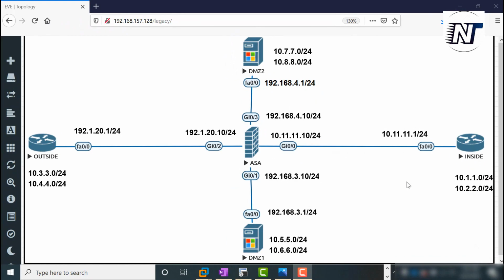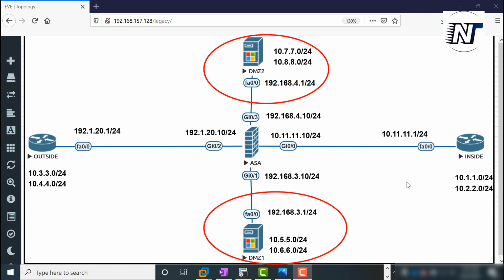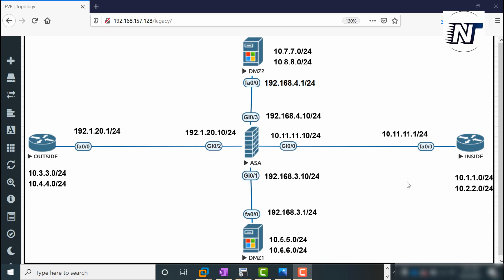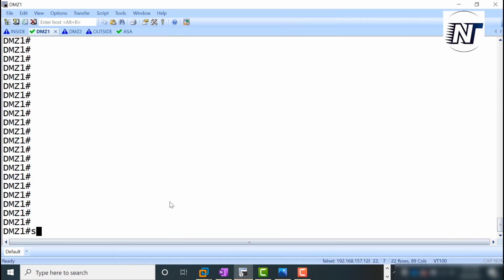So in this topology, I will apply RIP between DMG1 and DMG2. Next, just go to the DMG1 CLI mode and configure the RIP.